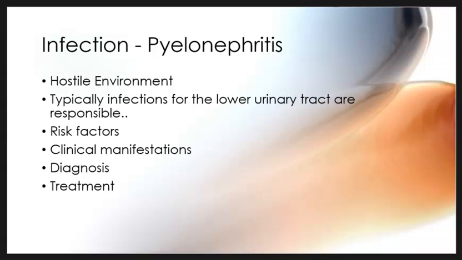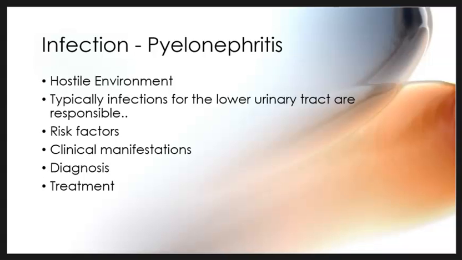Okay, let's move on to infection, pyelonephritis. So typically the acidic pH and urea found in urine produces a hostile environment for bacteria to grow in. It is possible for the blood or lymphatic system to deliver a bacteria to the kidneys, but most likely it came from a lower urinary tract infection. The most common causative agents we see: E. coli, Enterobacter, Enterococcus, Proteus mirabilis, Klebsiella,